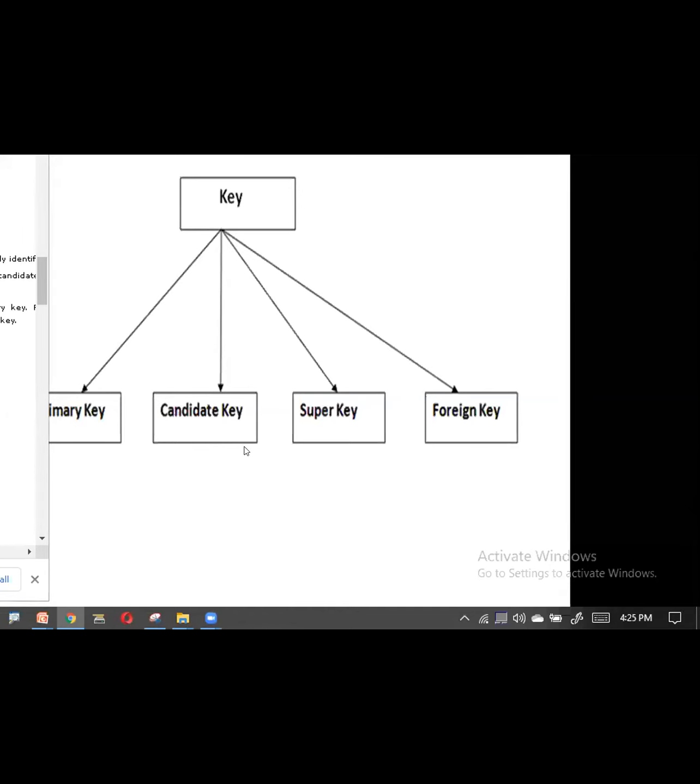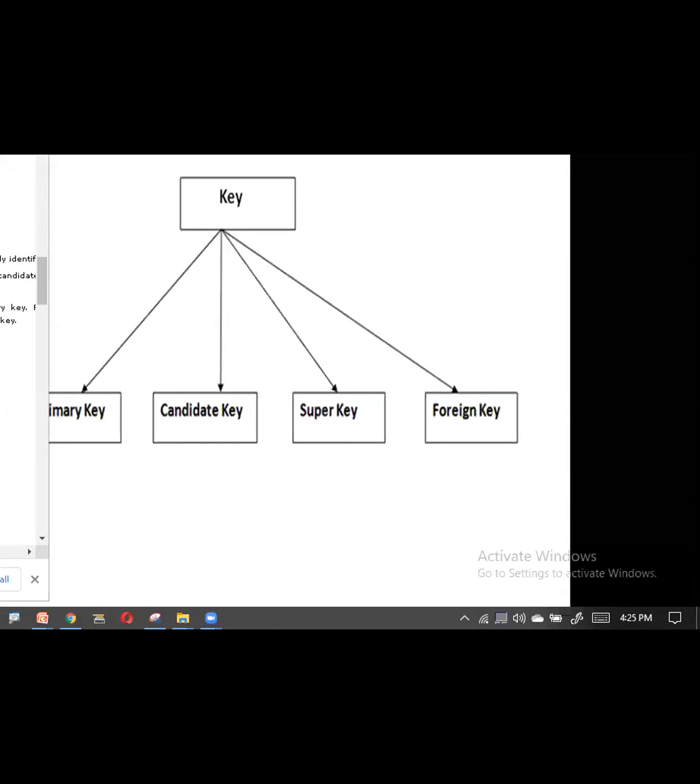Take the example of the student, which I have taken. There you will find student ID, student name, address, then Aadhaar card and contact number. Among the Aadhaar card and the contact number, the Aadhaar card is the candidate key, even stronger than the primary key. Why am I saying this? Because it is totally unique from the others.